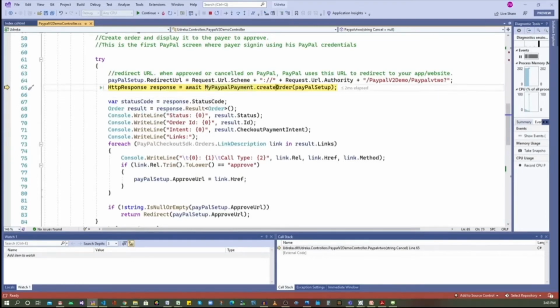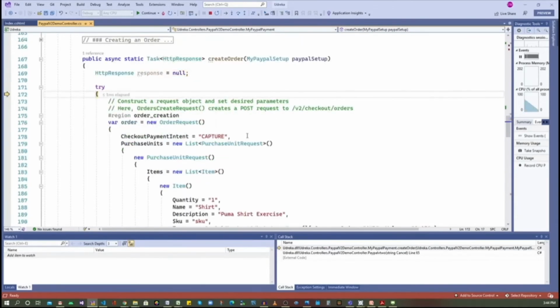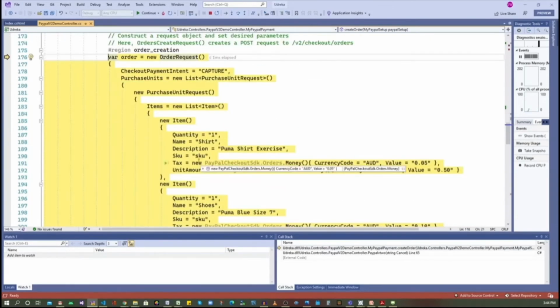Now the response. Let's create the order over here. Remember, this is our class which helps us create the order. Let's go in, create order. The HTTP response is null over here. This is the order object we have seen in detail.